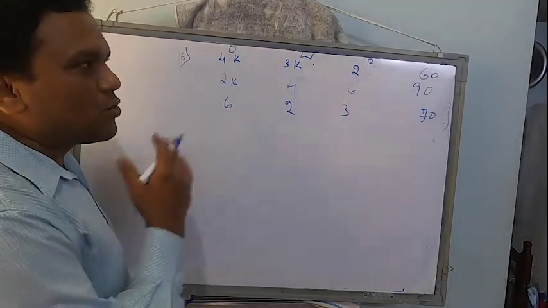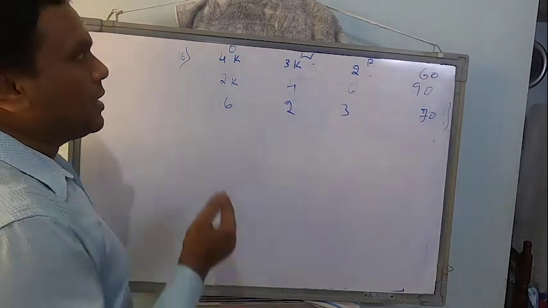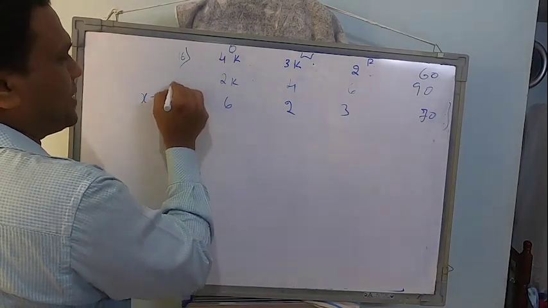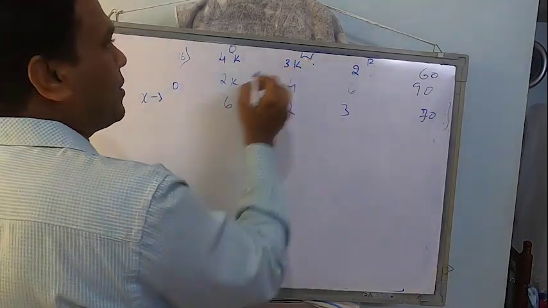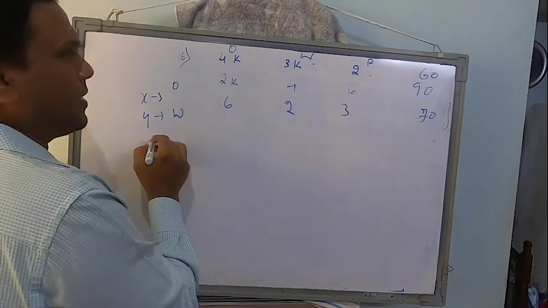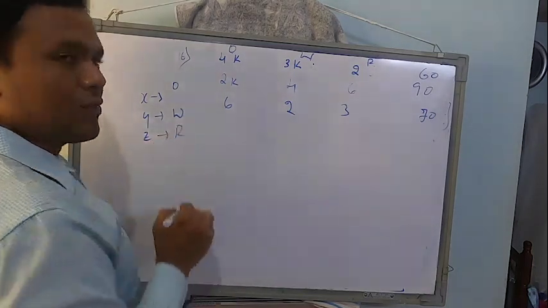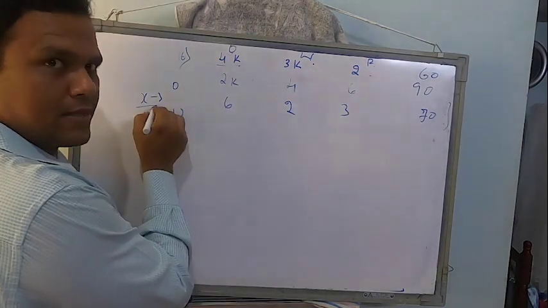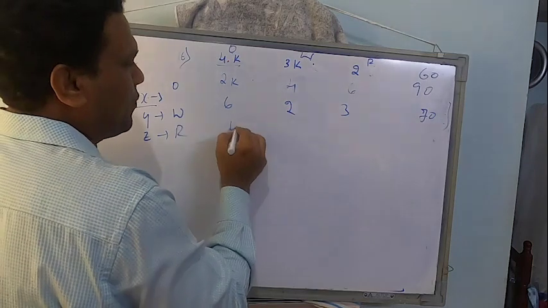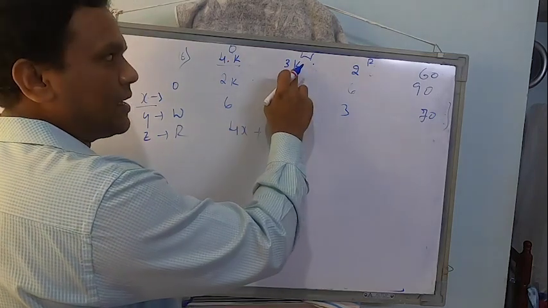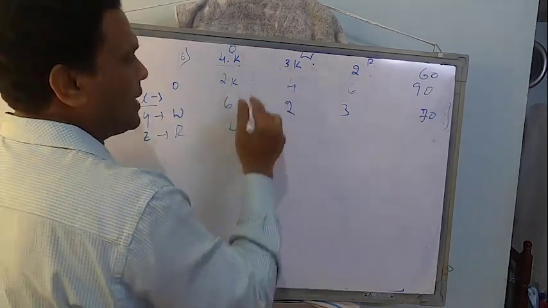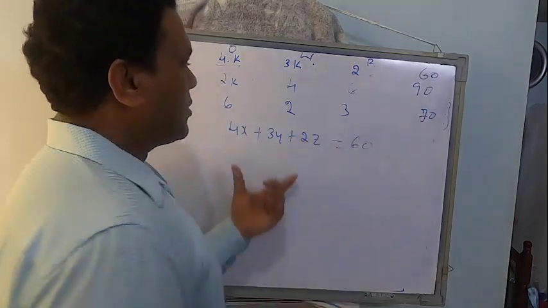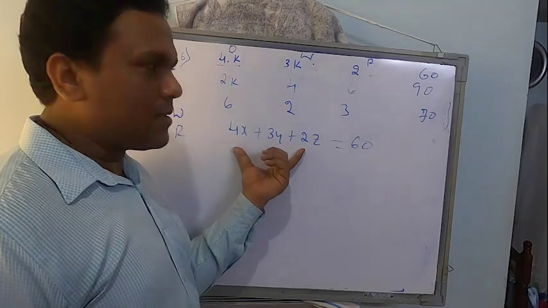It's a simple thing. I should convert them into 3 equations. Let me take the onion. X is the price per kg of onion. Okay. And Y is the price per kg of wheat. Z is the price per kg of rice. Per kg I am telling you. 4 kg of onion, 1 kg is X, 4 kg will be 4X, plus 1 kg of wheat will be Y. Then 3 kg of wheat will be 3Y plus 2Z. The total cost of the first purchase is 60.